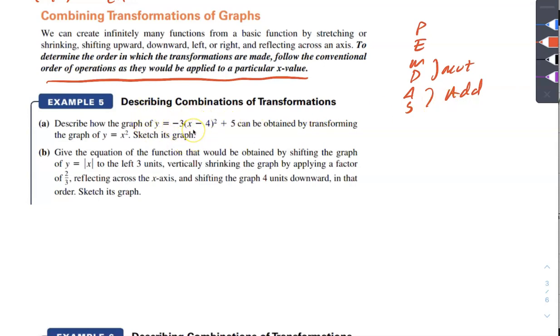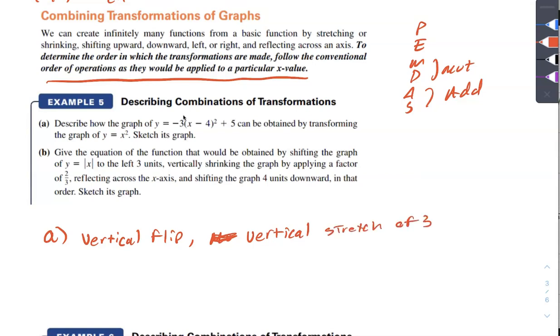We want to describe what's going on for A. So generally, actually before that we reflect. So we're going to do a vertical flip. Also known as an x-axis flip. Then what happens? We multiply before we add. So we're multiplying our y values by 3 because this is on the outside. So we call that a vertical stretch of 3. Because again, it's on the outside, so vertical. And it's bigger than one, stretch